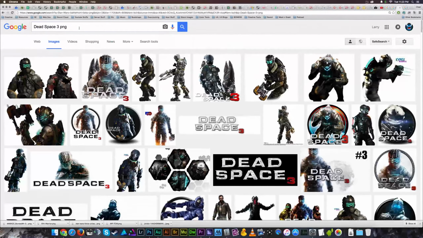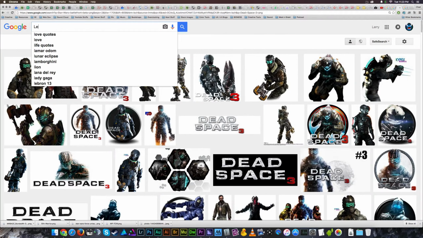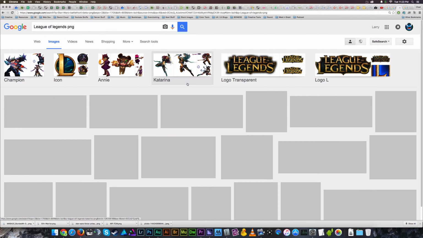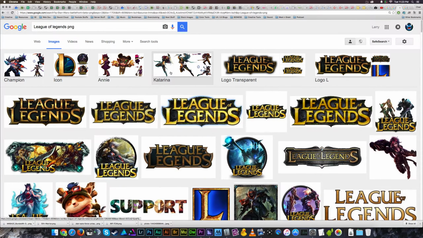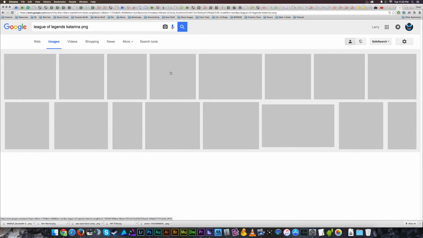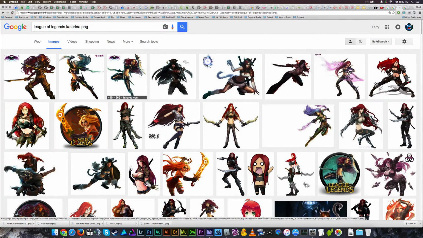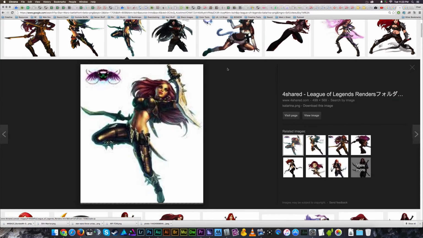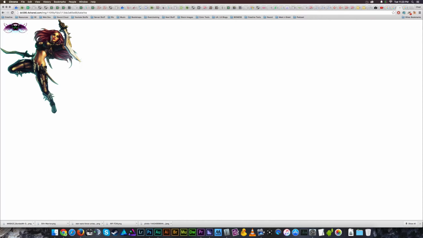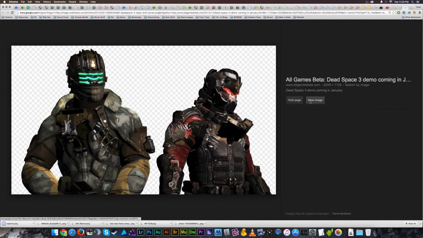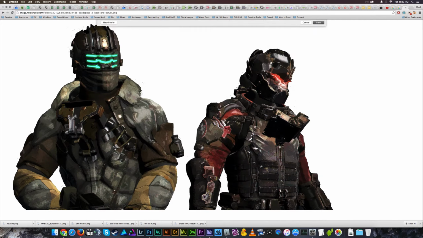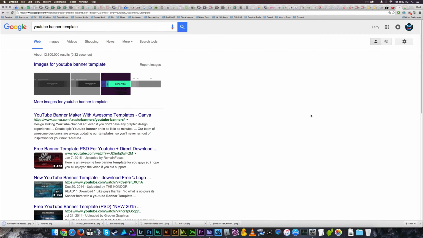What else do we want? League of Legends PNG, because this is the game the young people play. Let's throw some Katarina in there, because having a pair of tits in your banner probably couldn't hurt, right? So we'll just grab you. And we'll grab you. So when you're looking for images like this, PNG searches are a great way to do it,